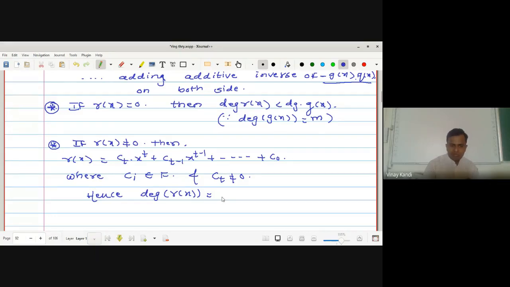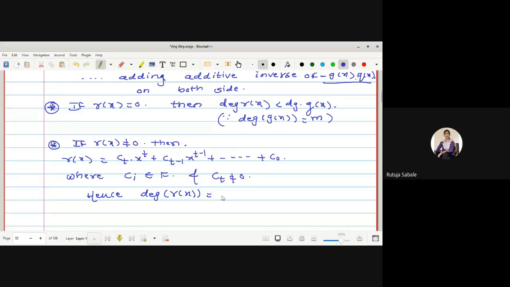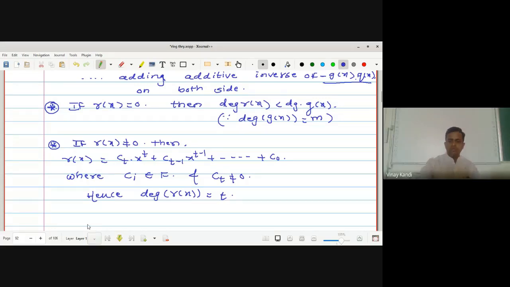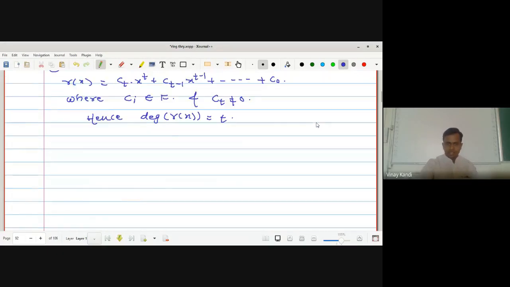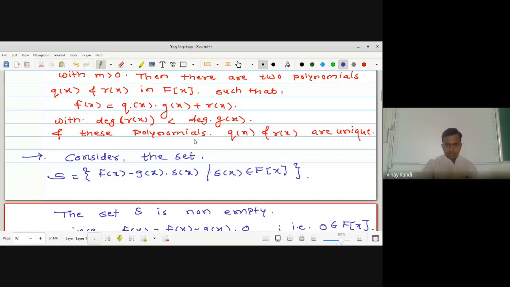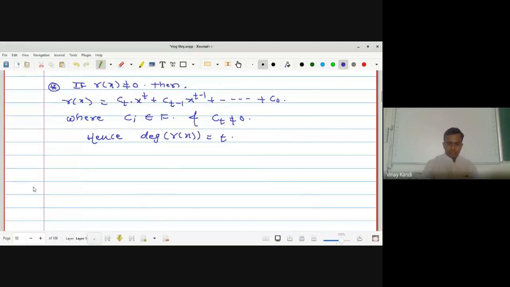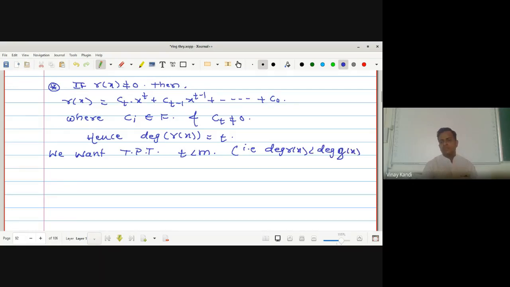झोपी गेलेत का सगळे? डिग्री ऑफ r of x is what? T. Okay, now we want to prove that this t is less than degree of g of x, that is m. Okay, आपल्याला काय प्रूव्ह करायचं आहे? Degree of r of x is less than degree of g of x. Okay, now we want to prove that this t is less than m, that is the degree of r of x is less than degree of g of x. Okay,